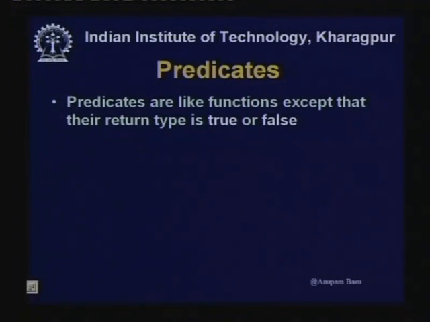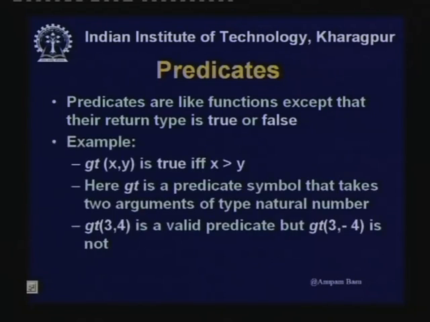Let us very easily understand that predicates are like functions, except that the return type can be only true or false. These two constants can be returned. Other things are same as functions, but a function can return any type of value, but here it is a little restricted, that a predicate will either be true or false. Okay. So, predicate is a function except that the return type is only true and false. Now, let us look at these examples.